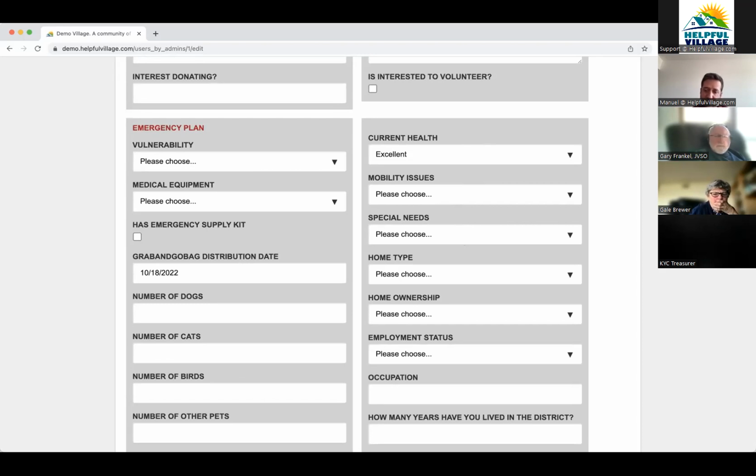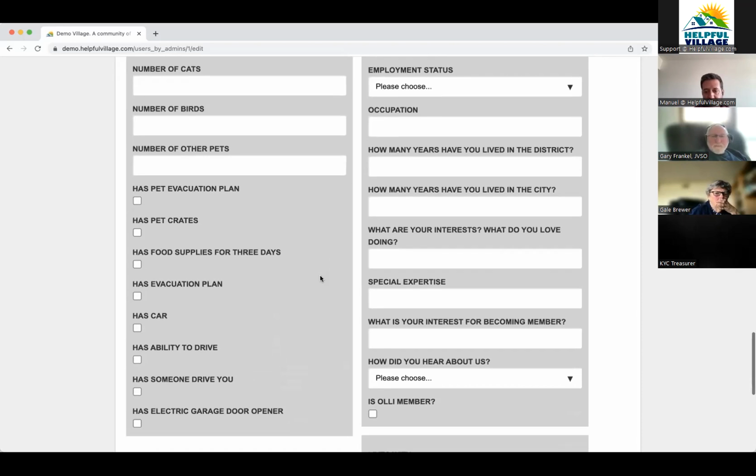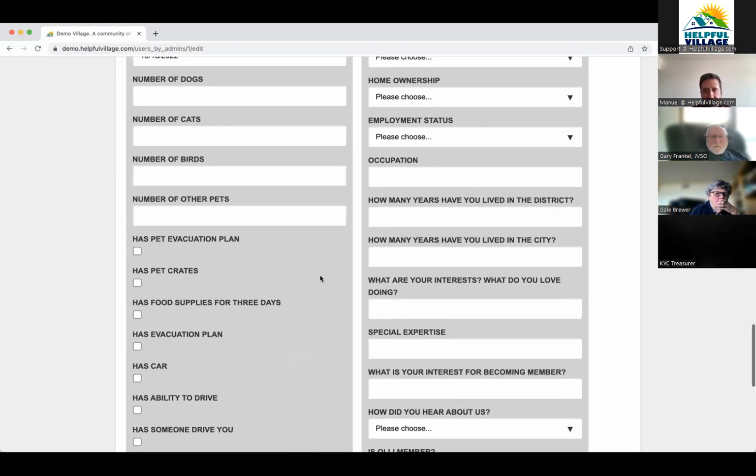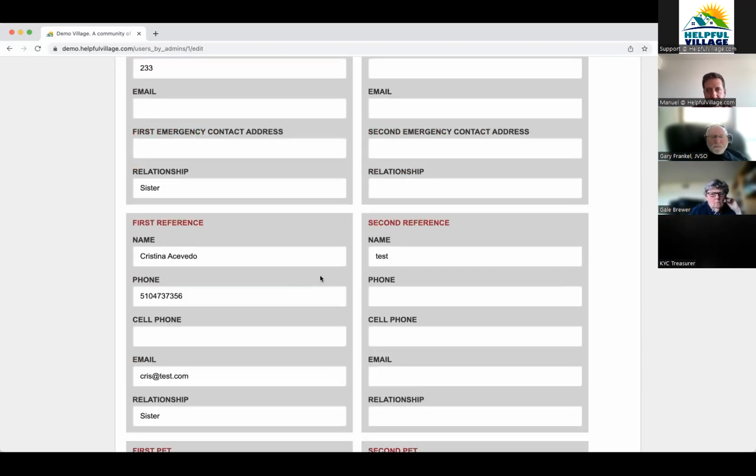There are other questions you can have about current health, mobility issues, special needs, etc. But basically what I'm saying is that you can have a questionnaire asking people for this information, and then store it on the person's profile, and then run a report so that you can have a list of your members that may be under-equipped or not ready in terms of emergency. This is just collecting information about those people. I'm going to show you next